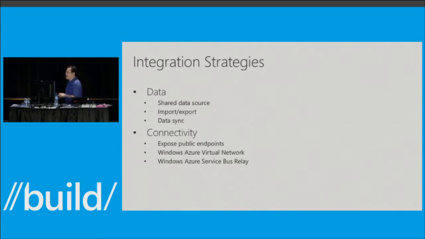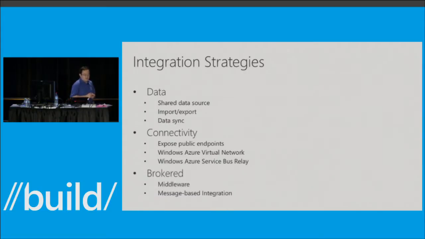And the next one, actually the one we are going to talk about more today, is the Windows Azure Service Bus Relay. Windows Azure Service Bus Relay provides you the capability of exposing an accessible endpoint without requiring you to change any network infrastructure. Which means, in my case, I can expose an endpoint for my WCF service on this laptop. This laptop doesn't have a public IP address. This laptop doesn't have a static IP address. But I can still expose a stable relay endpoint for my clients to connect to. We'll talk a little more about Service Bus Relay in a moment.